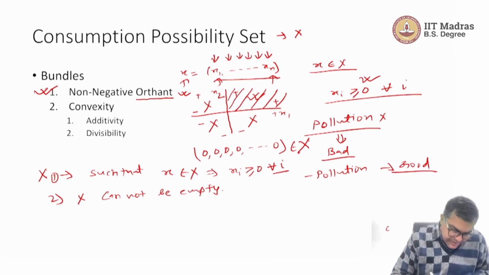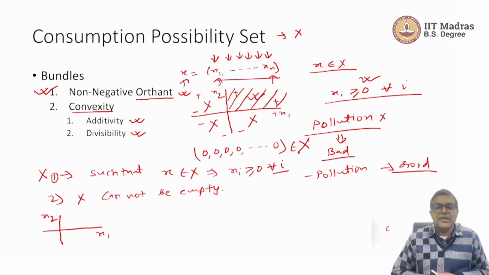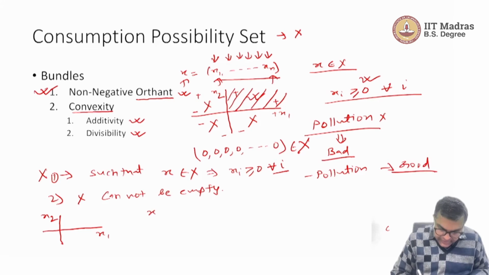The next assumption is, rather than talking about convexity first, I will talk about additivity and divisibility. What is additivity? Let us say we live in a world in which we have only 2 goods. Many times we will talk about a 2 goods world, and later on I will also give you a logic for why it is a good idea to limit ourselves to a 2 good world. It helps us tremendously. So, there are 2 goods only. So, let us say x11 comma x21 is a bundle in X,